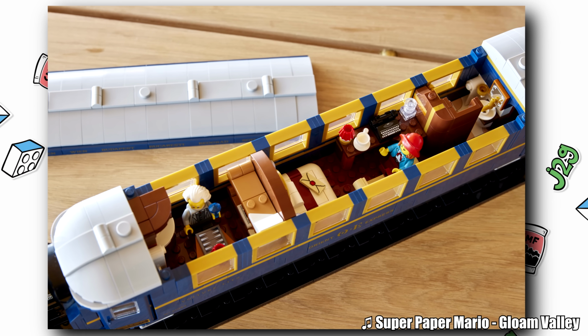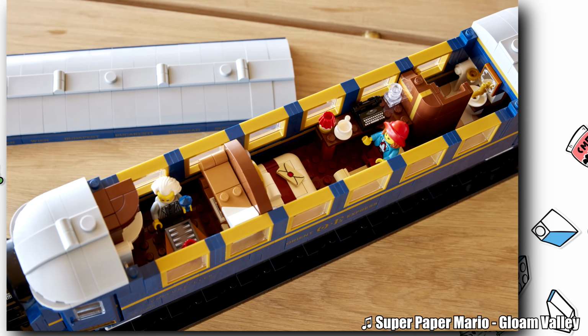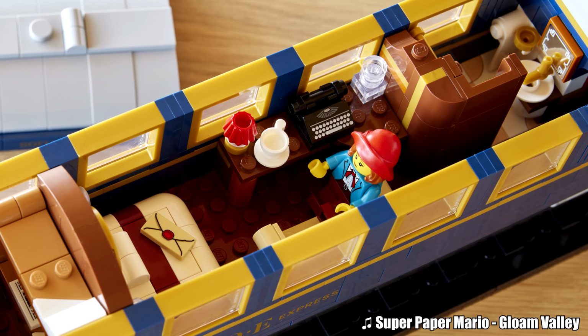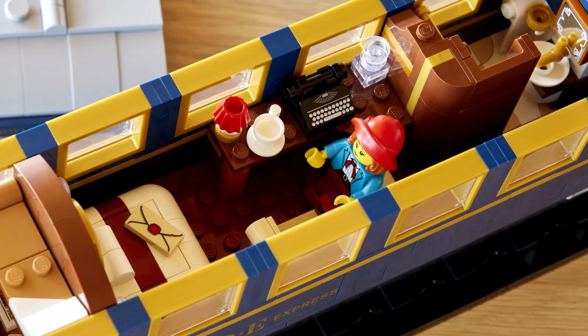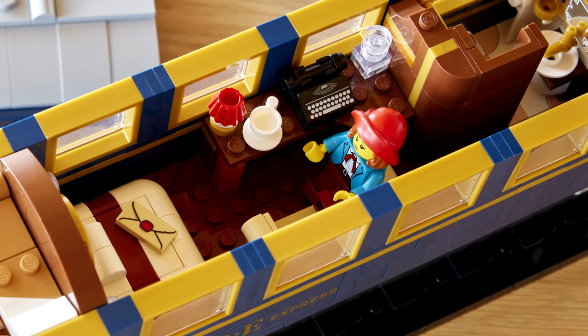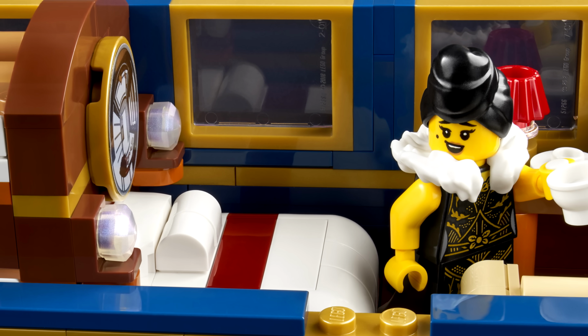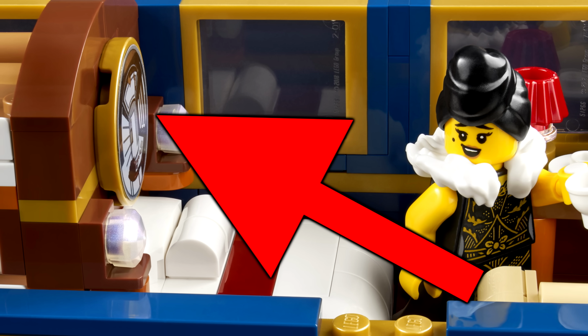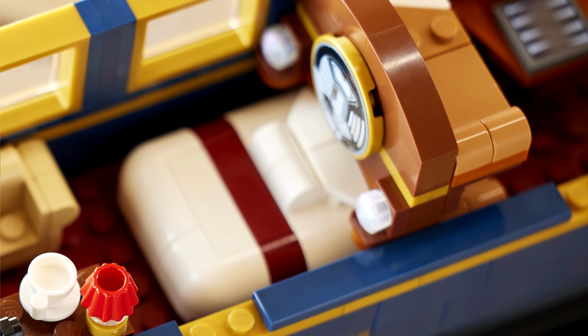I can't believe how spacious this 8-wide design makes this interior. For this next section, I like the little typewriter as well as this cupcake lamp. Not new designs, but still really clever part usages. We also have this bed right here, which I'm kind of curious what this sticker is. I'm not entirely sure what that's portraying because we didn't get a straight-on view of it from any